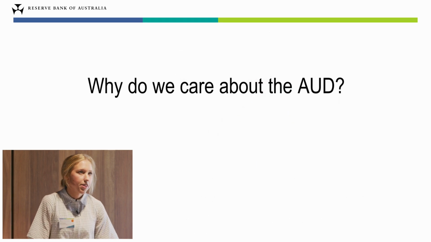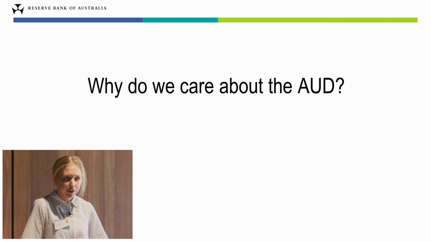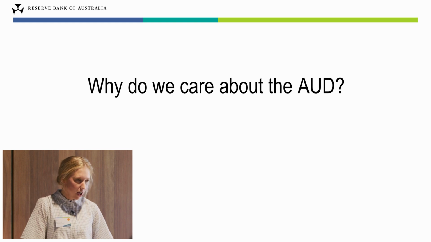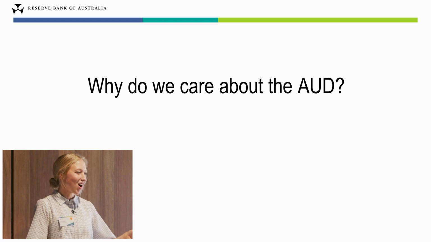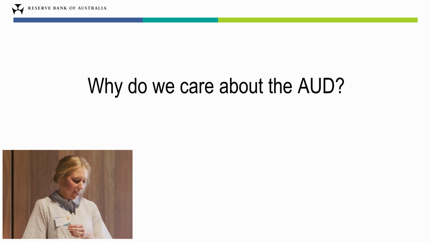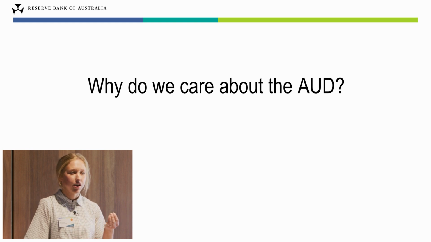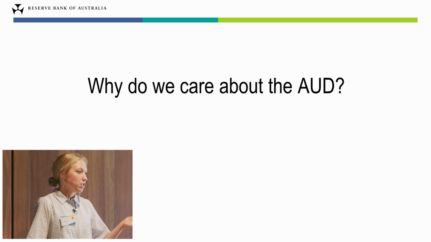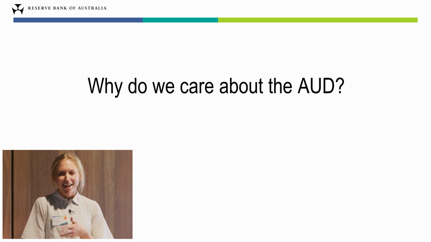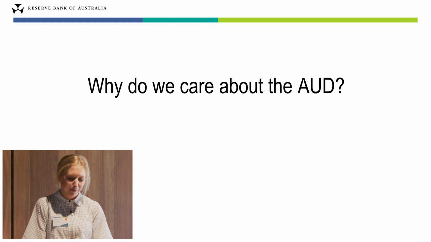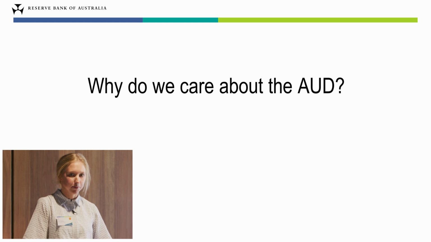So I mentioned that the exchange rate is an important tool in allowing the economy to absorb shocks and news, and I want to round out this presentation by talking about how the exchange rate actually affects the economy. I think if you spoke to most people on the street, they would probably suggest that a rising Aussie dollar is better than a falling Aussie dollar. And this might be true in the narrow sense of the everyday consumer. It means your money's worth more overseas. I can buy more things, and that's great. But what this fails to do is take into consideration other sectors of the economy, like exporters or domestic tourism companies, and what that might mean for broader economic outcomes.